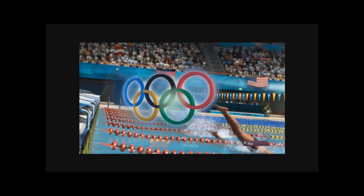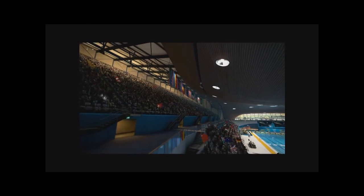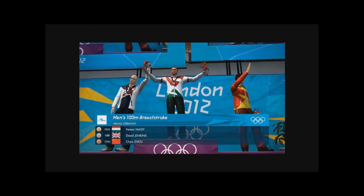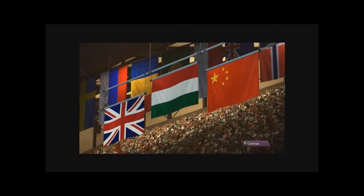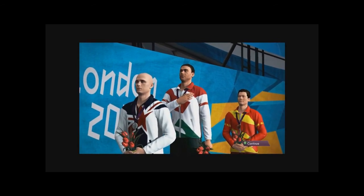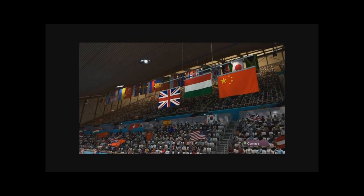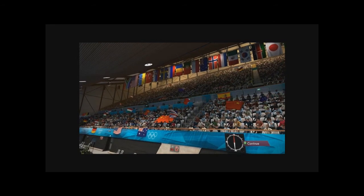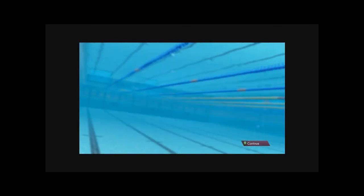Well, let's take a look at the replay, and there were no doubts in this one who was going to win. Utter domination from start to finish, showing all the power of an Olympic champion, and that's why they took gold. So much emotion down there, so much happiness, all the hard work that these athletes put in, and you